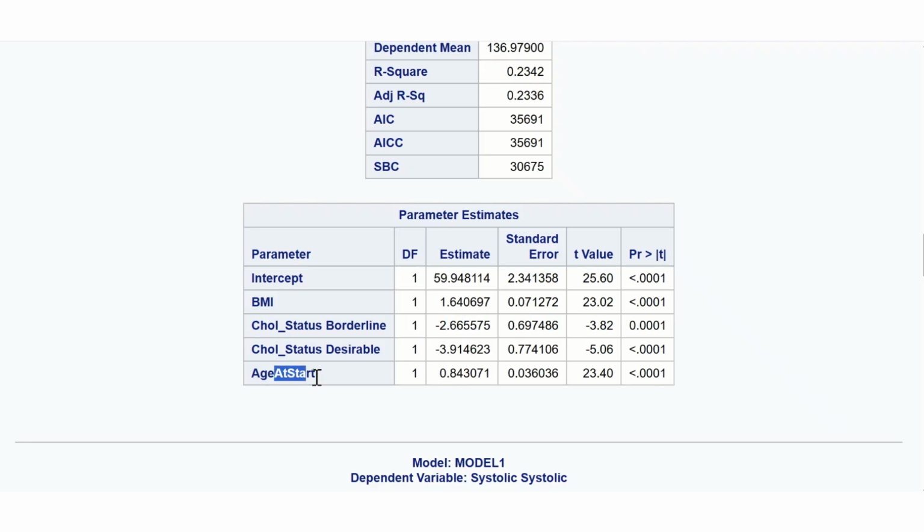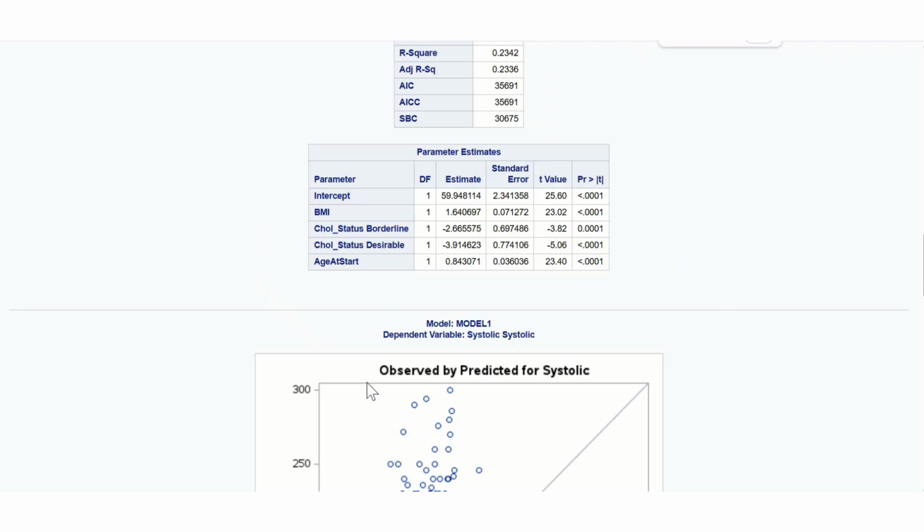Age at start has very little effect, only 1 or even less than 1 millimeters of mercury. I'm going to keep it for now, but we might like to remove it with more